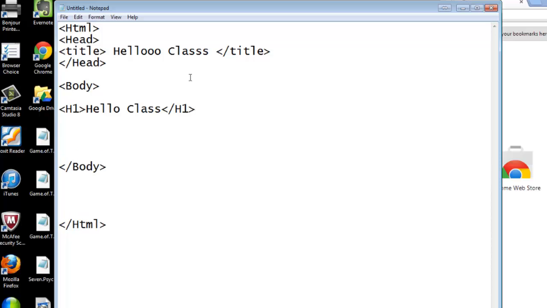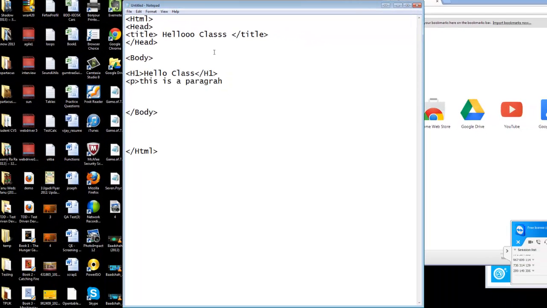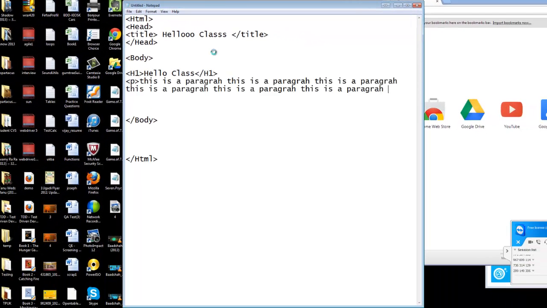After that I want to write a paragraph, so I'll write p and write this is a paragraph, and I'll close it /p.